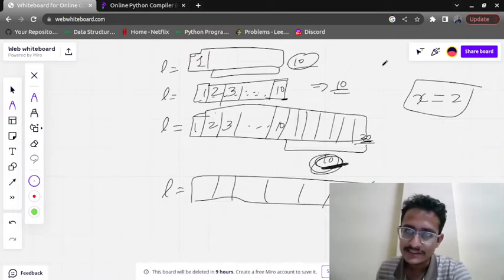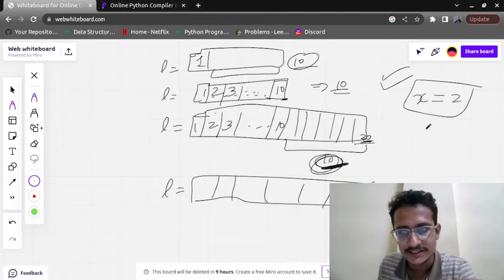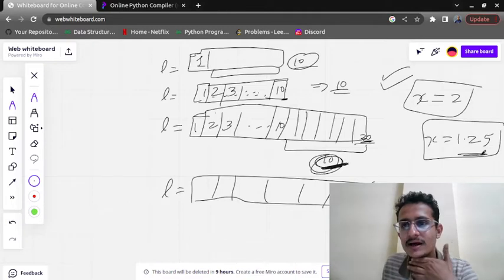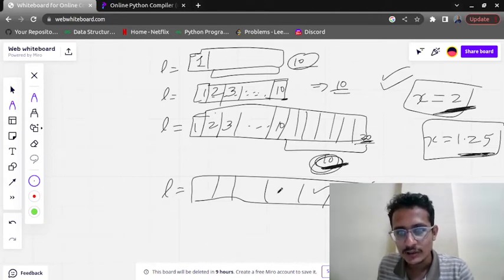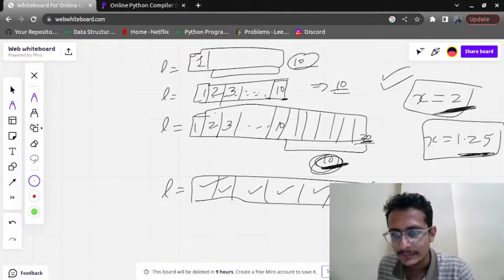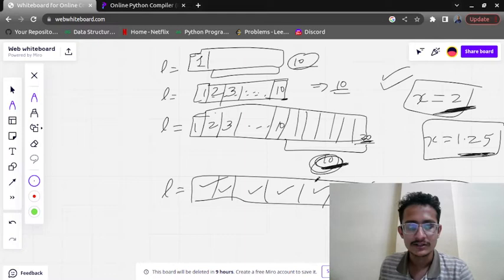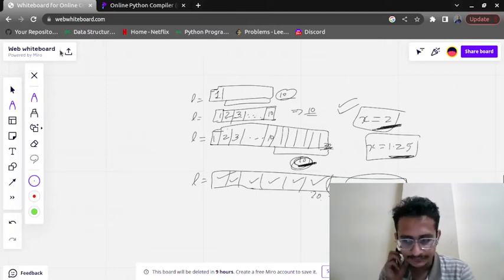Okay, so this is just an example. It depends upon the Python version. So I think now it's 1.25 according to Wikipedia. It is storing an extra 1.25 space, but for easy calculation purposes I have taken 2. It means if till 20 you have added all the addresses or all the elements, it will have some extra space. Okay, so this was the working of list. How a list internally works, correct?